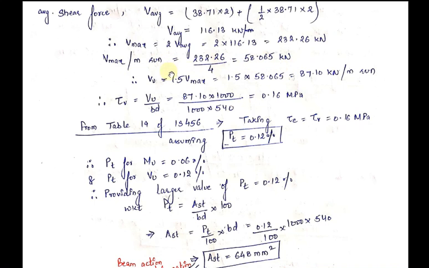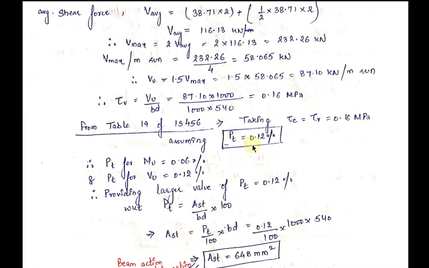58.065 kilonewtons. Therefore, ultimate shear force, that is Vu, will be factor of safety multiplied by Vmax, and the factor of safety is 1.5, which will give you 87.10 kilonewton per meter run. Therefore, using this, we can calculate the value of tau v, which will come out to be 0.16 MPa. Now, from table 19 of IS 456, we will take tau c equal to tau v equal to 0.16 MPa, and from the table we can see that for tau c equal to 0.16 MPa, PT is, see,